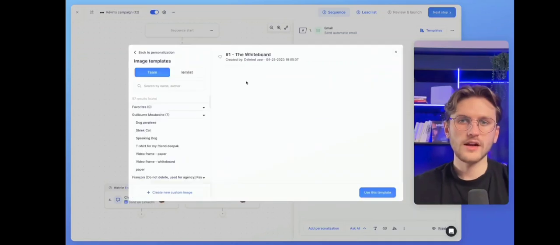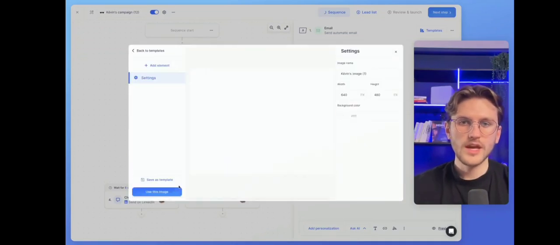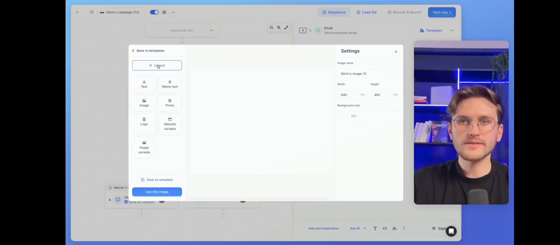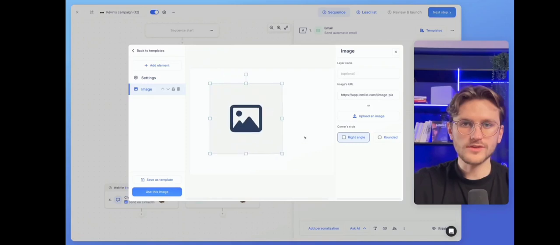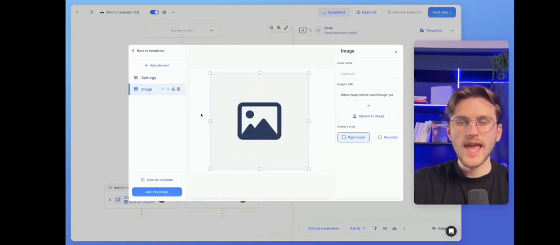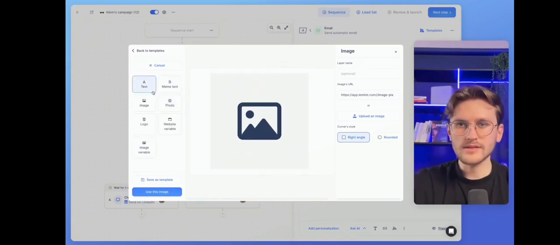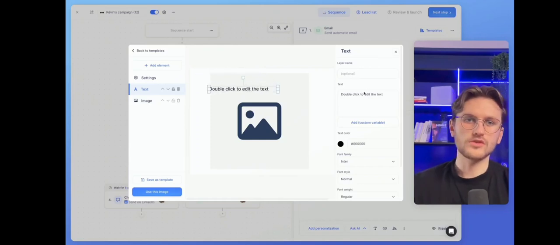The way of creating custom images is very simple. It's basically, see it as a layer. So you're going to be able to add elements to a canvas. And so, for example, you can add an image here. So this might be a background image. And then you can, for example, add a piece of text where you're going to be able to add